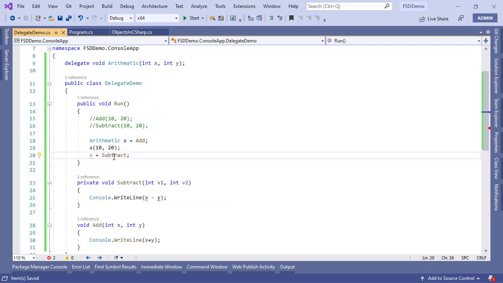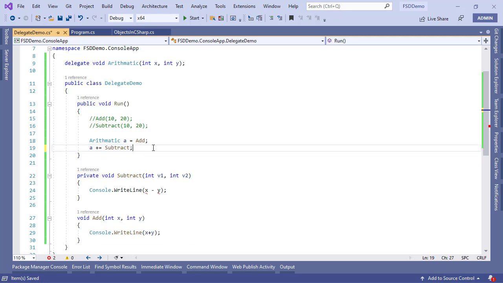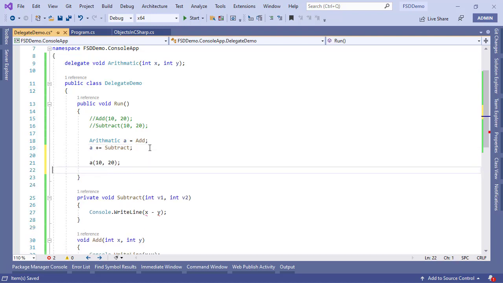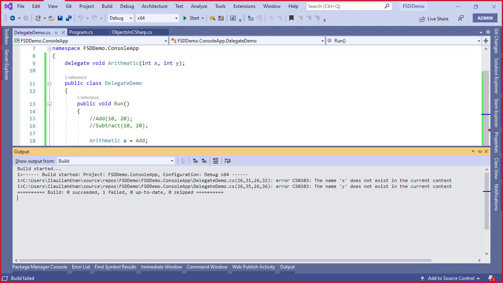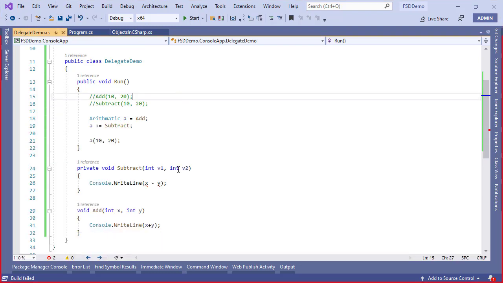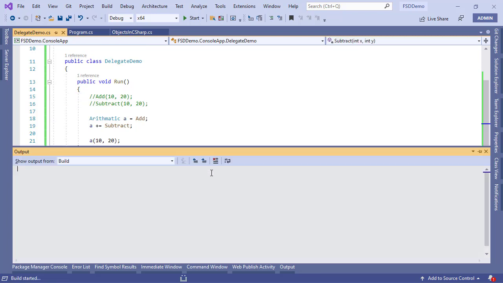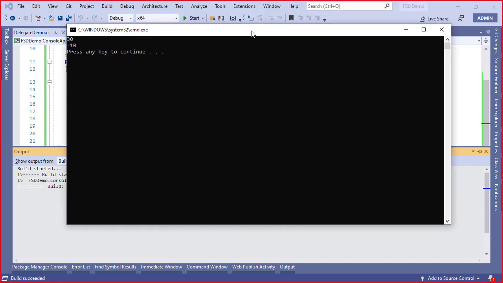This is going to work, but instead of assigning, I can do addition as well, right? So the first time I assign the add function to it, the second time I am adding the subtract function inside the arithmetic delegate. And now if I invoke the delegate and hit Control F5, we are going to get this result, 30 and minus 10,